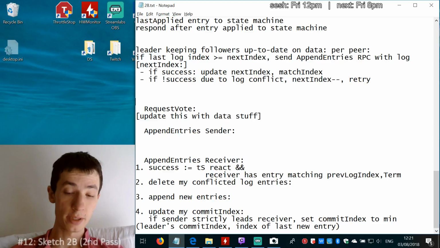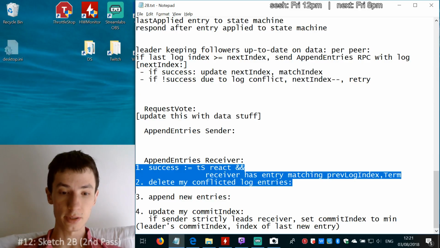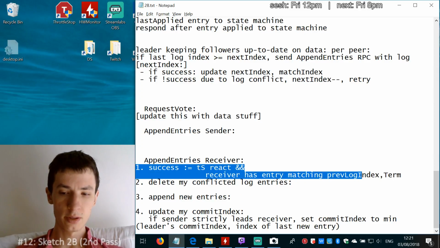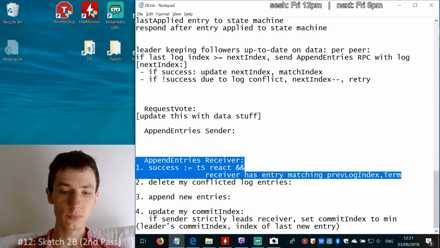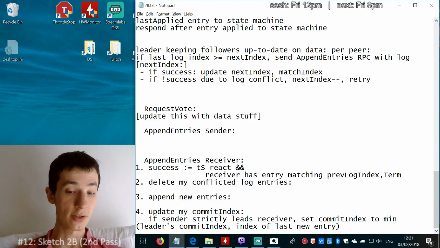So, append entries receiver, okay. This is what I'm working on at the moment. So, success is something I covered in the previous stream. Well, I say covered. I'm still not sure why success is defined this way, but there it is. So success, which I've already done, is about